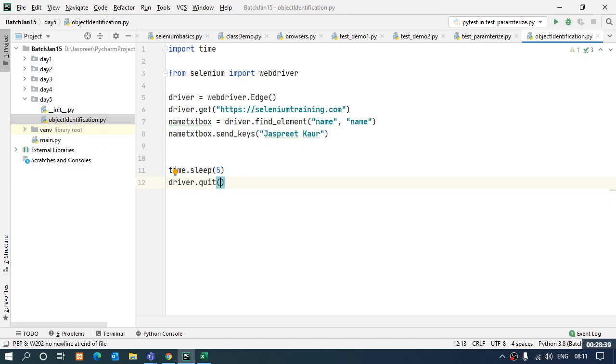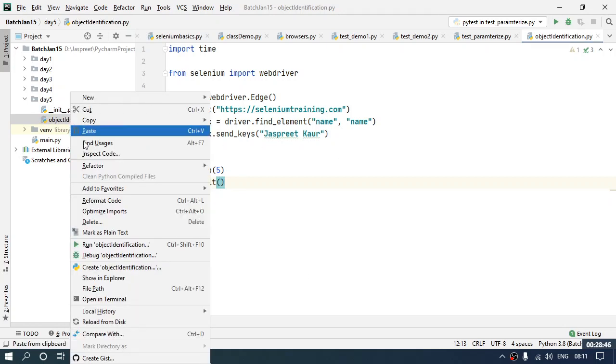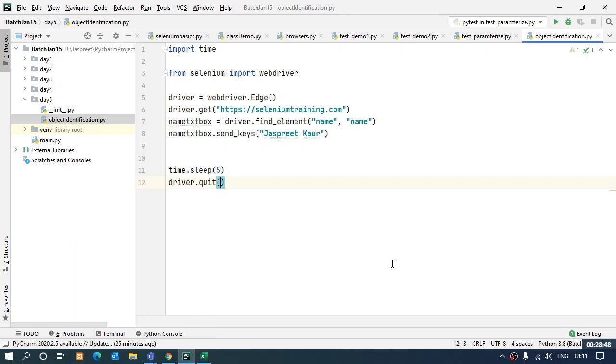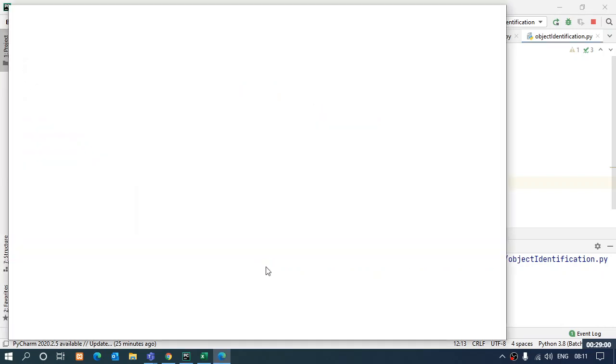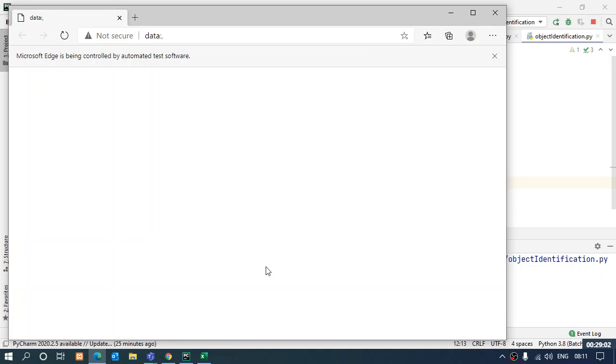Okay. Now what I'm going to do is I'm just going to simply run this file, run. Now it will open up my Edge browser, navigate me to seleniumtraining.com and proceed. So it has opened the Edge browser.